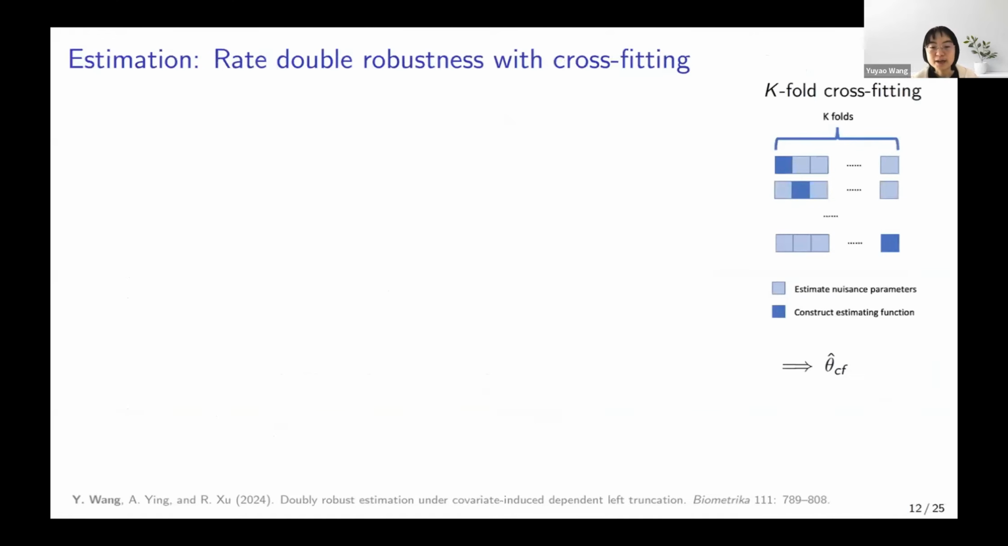Although this estimator has some protection against model misspecification, when both models are misspecified, the estimator can still be inconsistent. So in practice, practitioners may consider using more flexible machine learning or non-parametric approaches to estimate the nuisance parameters, which are known to have slower than root-n convergence. In order to still achieve root-n consistency, we consider using this k-fold cross-fitting procedure, where we split the data into k almost equal-sized folds. And for each fold of data, we use the out-of-fold data to estimate the nuisance parameters and use the in-fold data to construct estimating